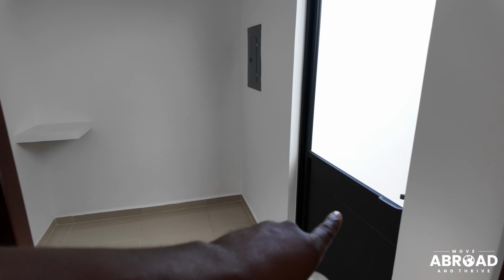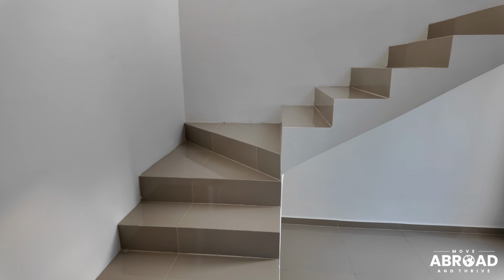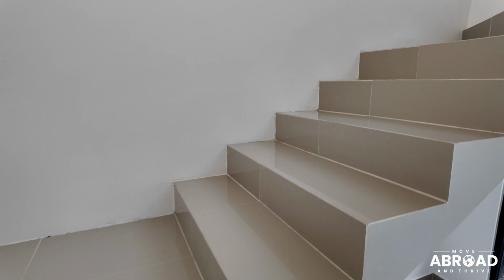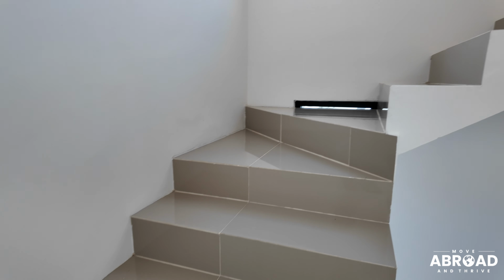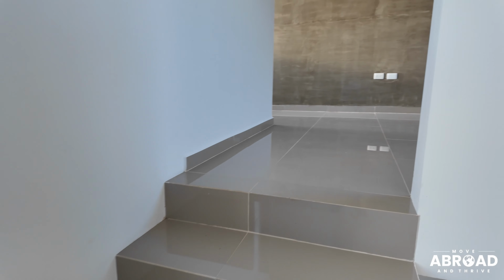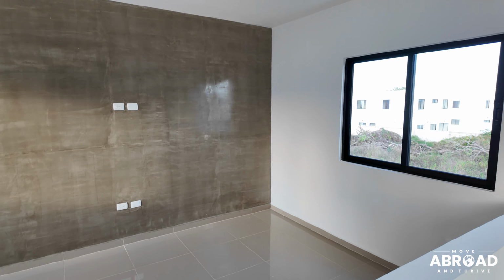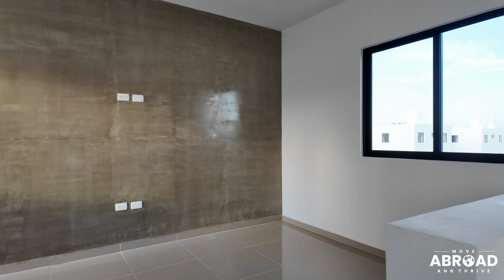And that's a side door that goes out that service entrance that we just looked at. Stairwell, again, you can add your own rails if you want. A lot of these houses, they just don't put rails on them. And this is another little area here that could be a study or an office,